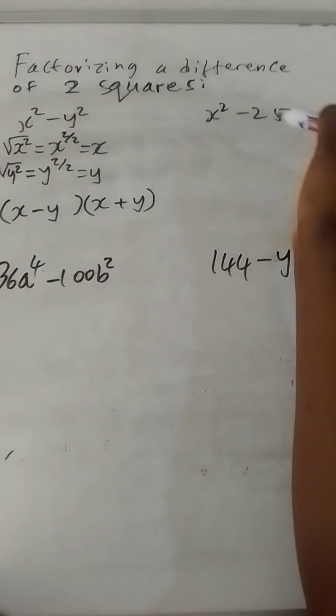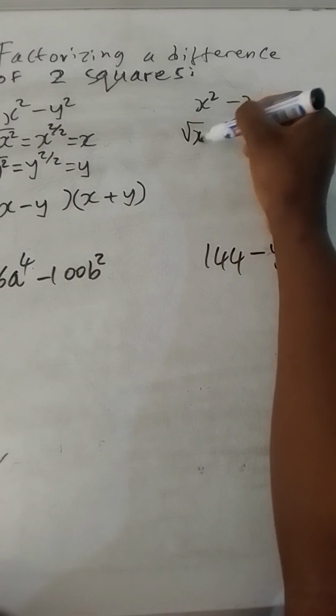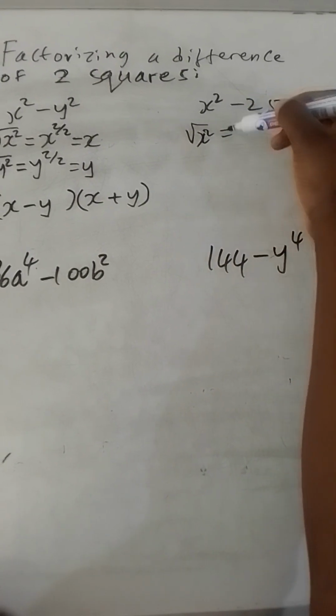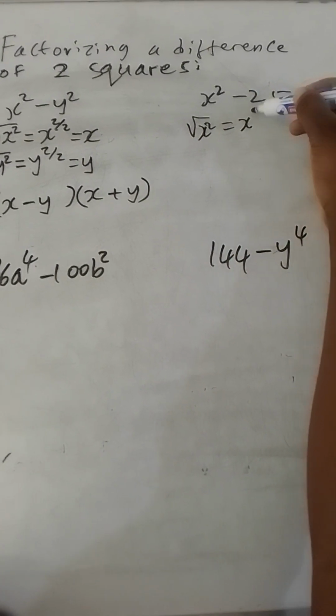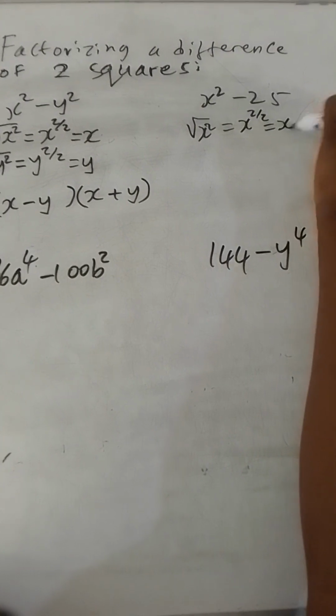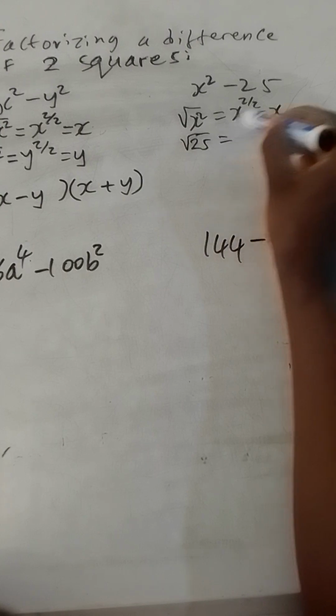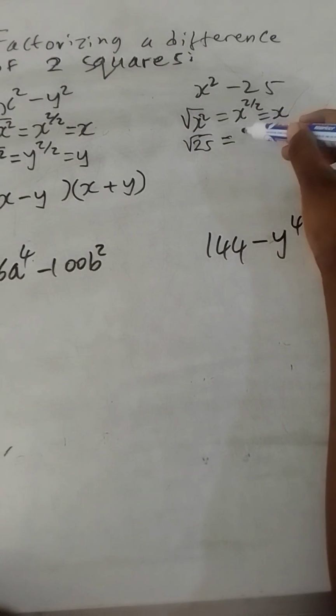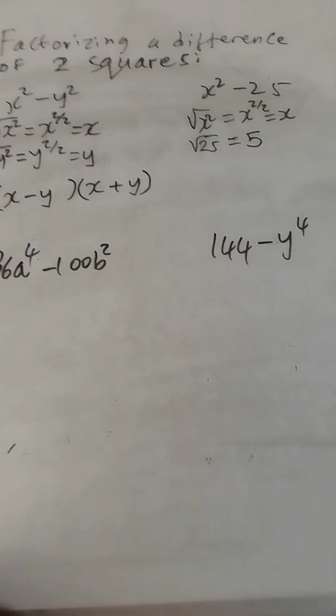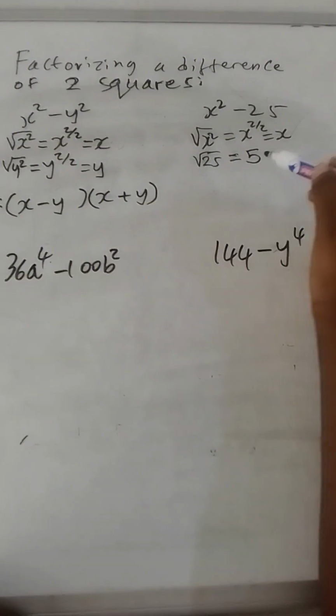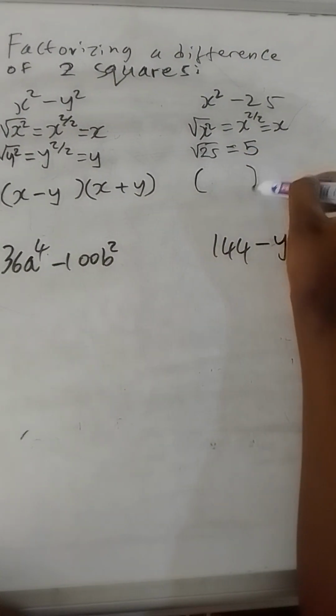Again, we follow the same steps. The square root of the terms, square root of x squared, square root of 1 is 1, of x squared is x to the power 2 divided by 2, which is x. Square root of 25 is equal to, we ignore the negative always. Then we get what? 5. Now that we have the square roots, open 2 pairs of